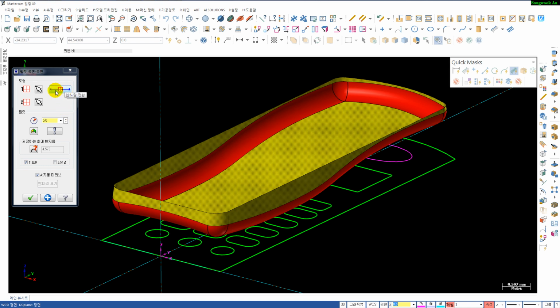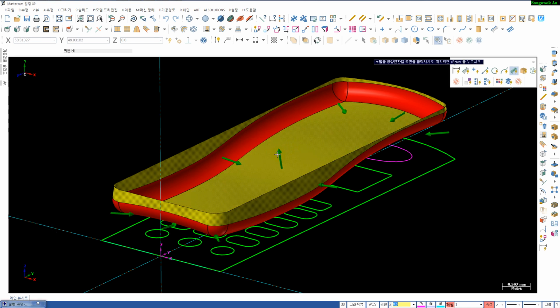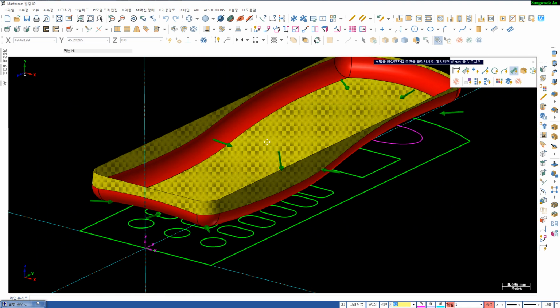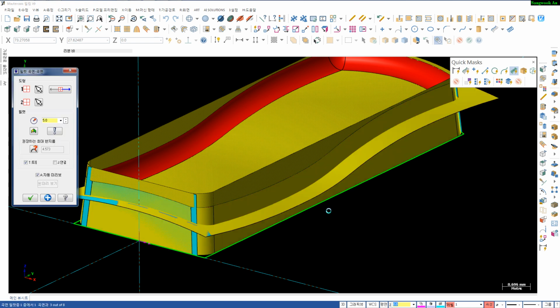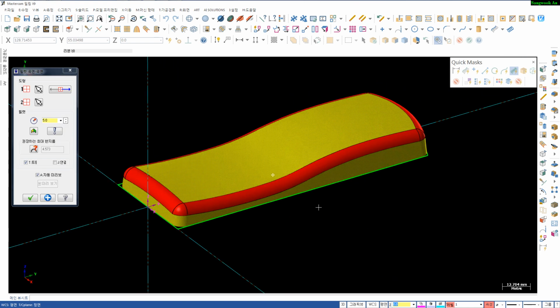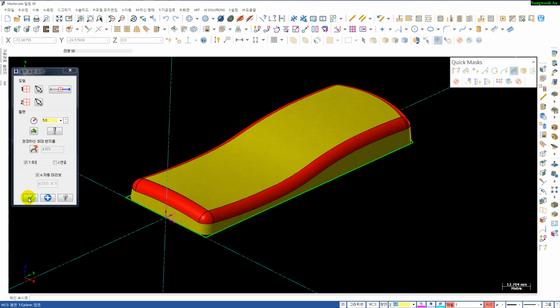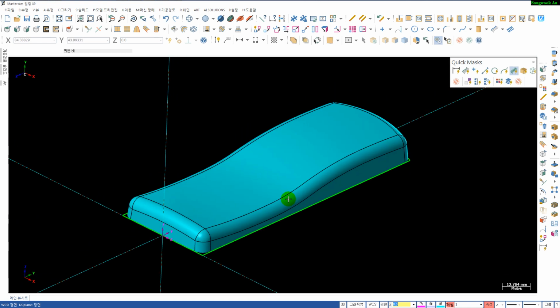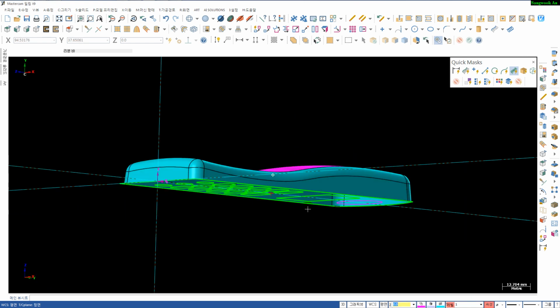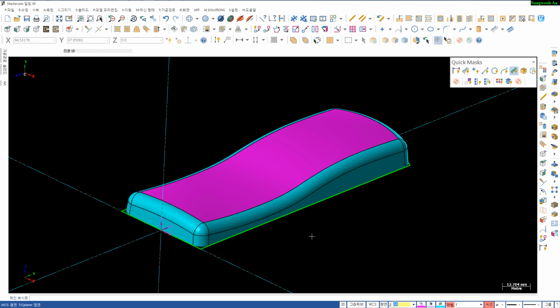So I will change this one to the opposite side, enter. Yes, it's done. Very beautiful, very nice. Okay, then I will change this color to purple. Okay, wireframe,